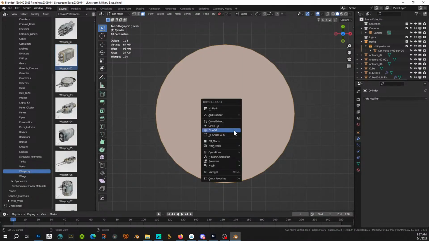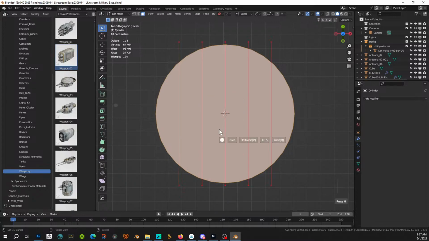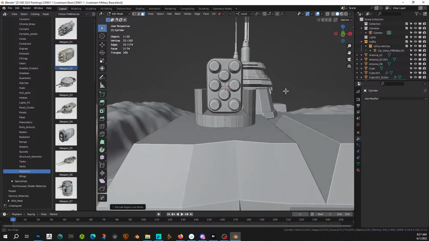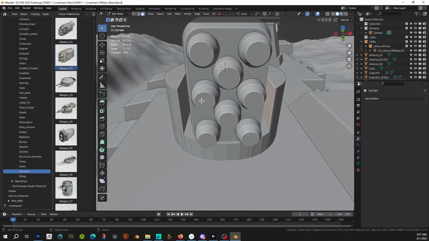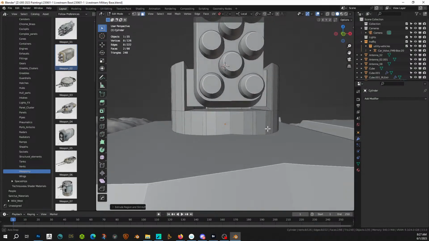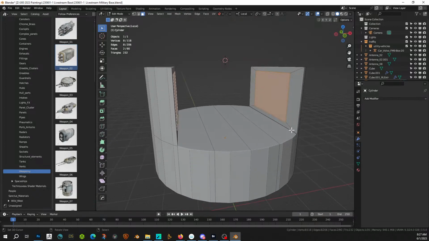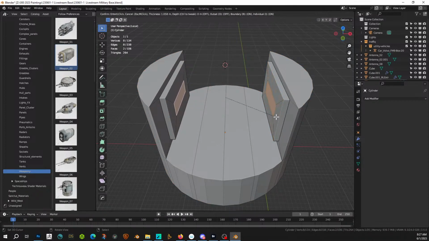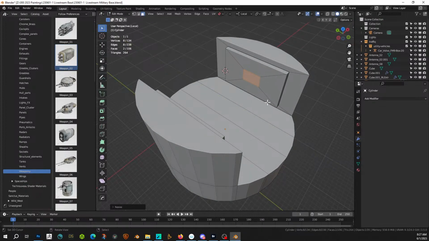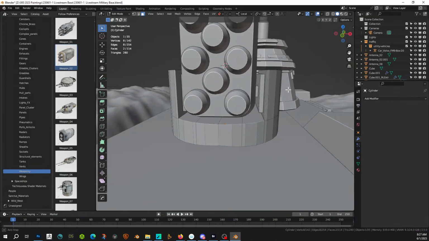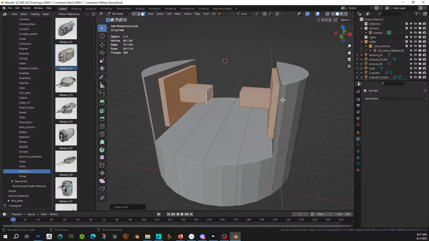Solo, 7, Q, dice, tab, 3, E, I, E, Alt E, this is on normals, not enough yet, solo it, Alt E, normals, tab, Control A, rotation scale, tab, I, SY, Alt E, there we go, probably should be higher, shouldn't it? Plus, plus, plus, plus, plus, plus,